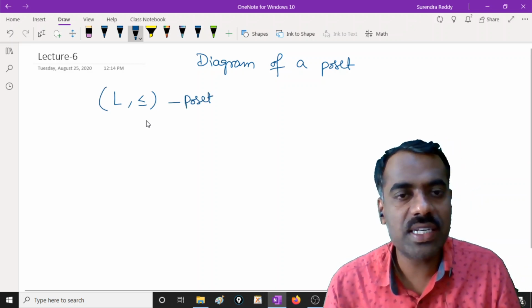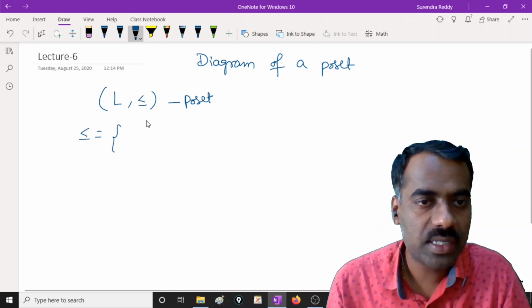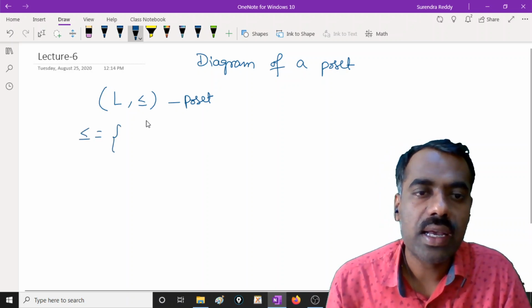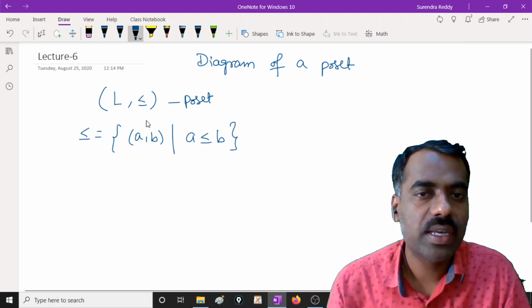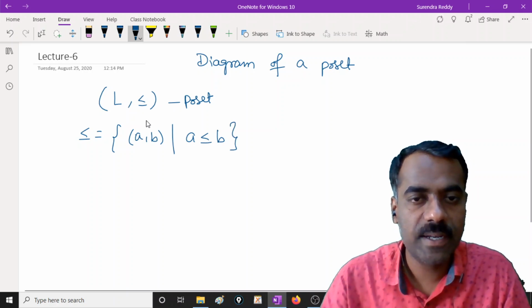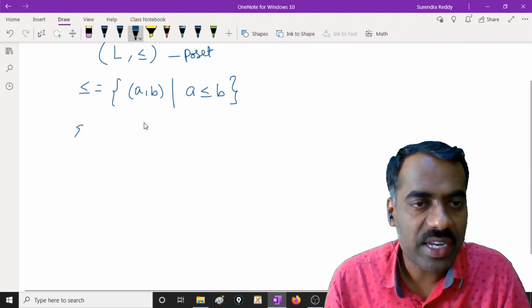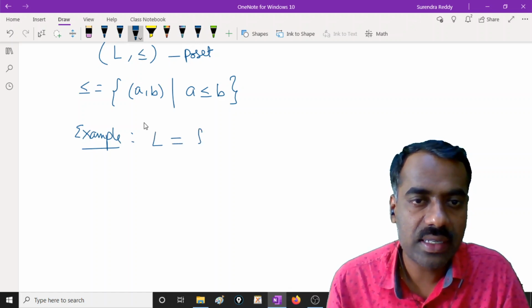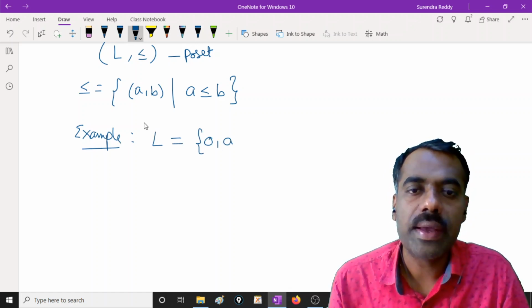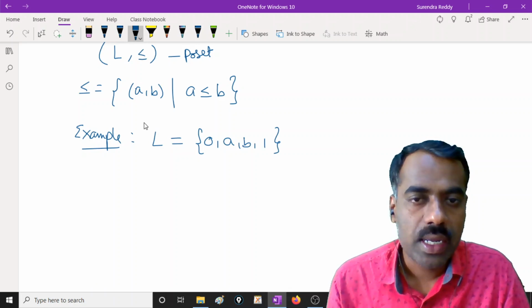then we can represent it in the form of pairs. The same thing you can represent as a set of pairs, call it A comma B, where A is related to B. This is also a representation that we have seen. For example, if I take my set L as elements 0, a, b and 1,